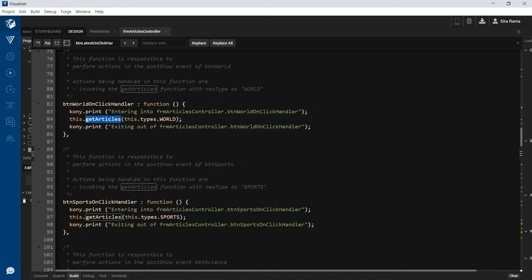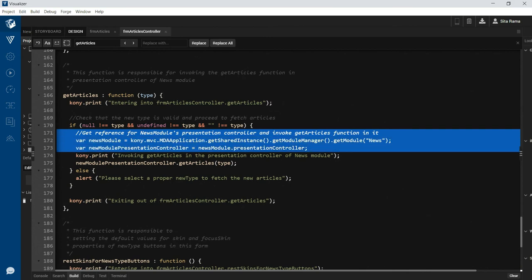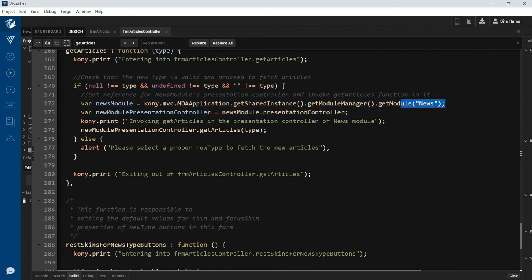Let us look at the implementation that we have in the get articles function. Here is the definition of the get articles function. In this function, if we look at these two lines of code, as we discussed in our previous episodes, this is how, by using the MDA application, get module manager and get module, we are passing the name of the module.